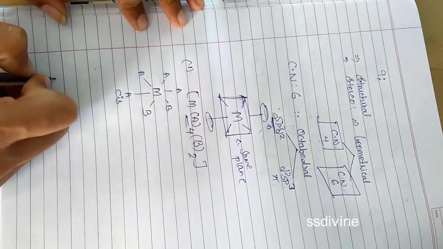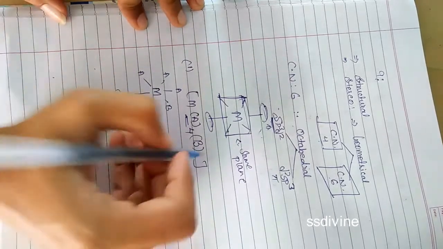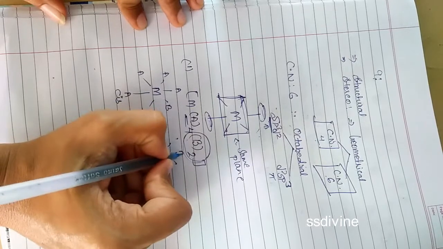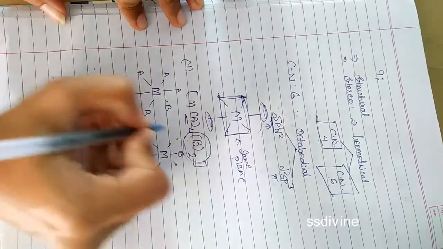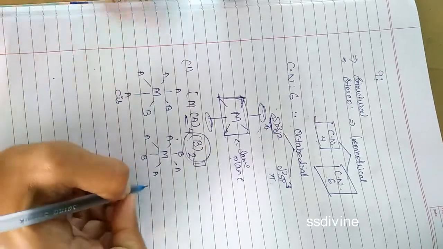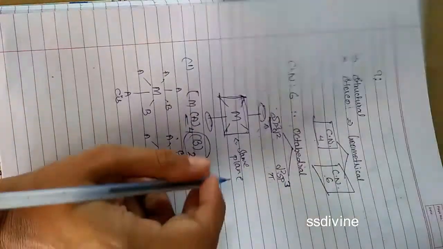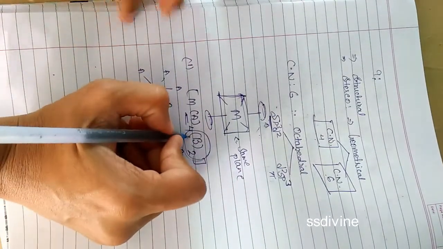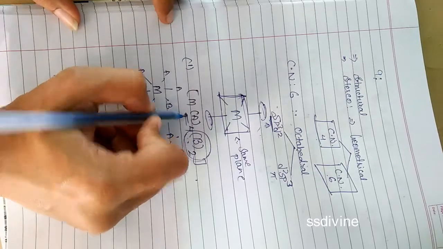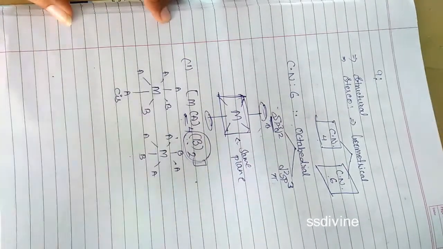Clear? Now if I want to make trans isomerism, what I can do is keep these 2 B's on the opposite sides and the rest are A. Clear? So you can take any other example by taking ligands, like suppose this is chlorine and this is ammonia, amine, NH3. So you can form the complex like this.